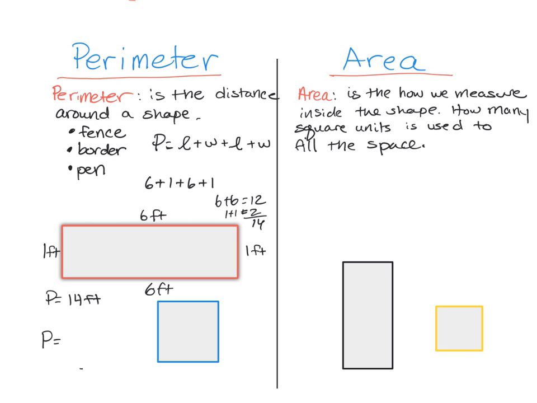So anyway, I was saying that a square is a little different than a rectangle. Now, you certainly can do length plus length plus width and get the same answer. But if you notice, all the sides of a square are the same length. So an easier formula that you can use for a square